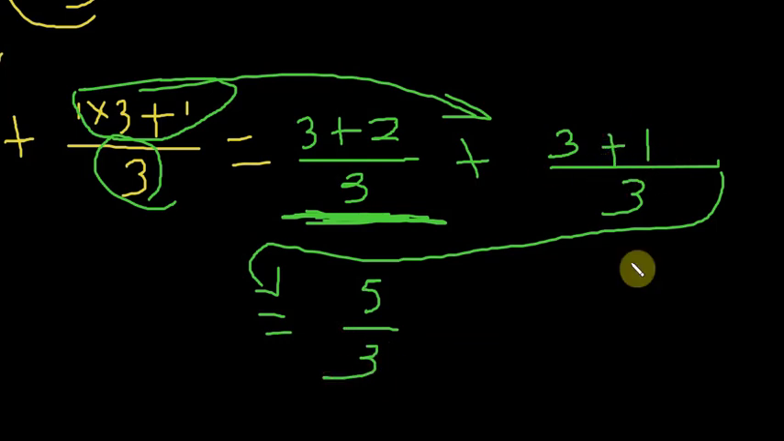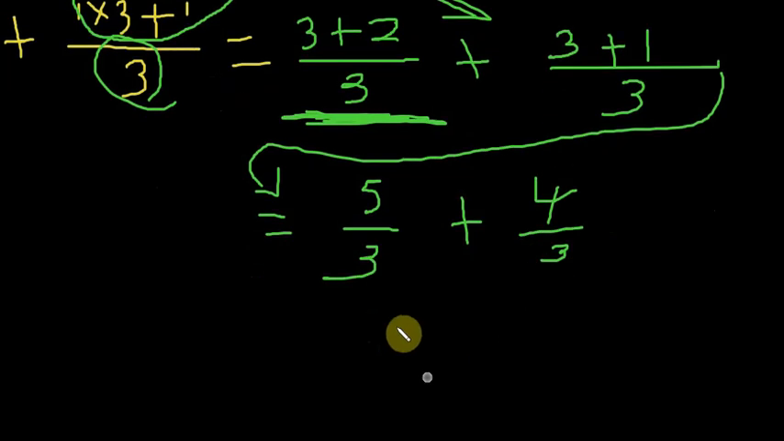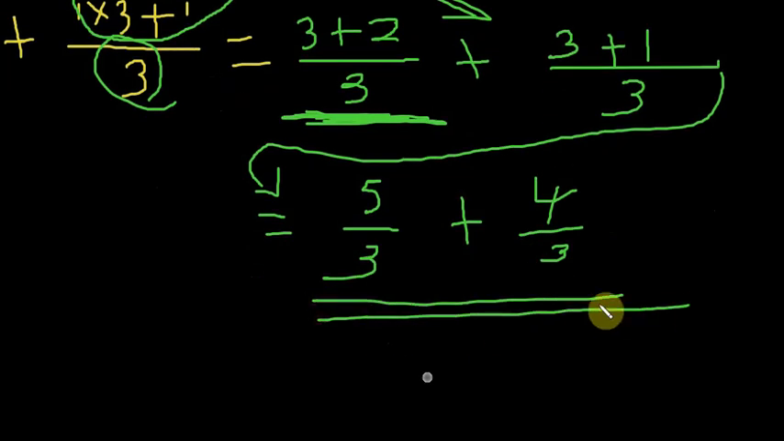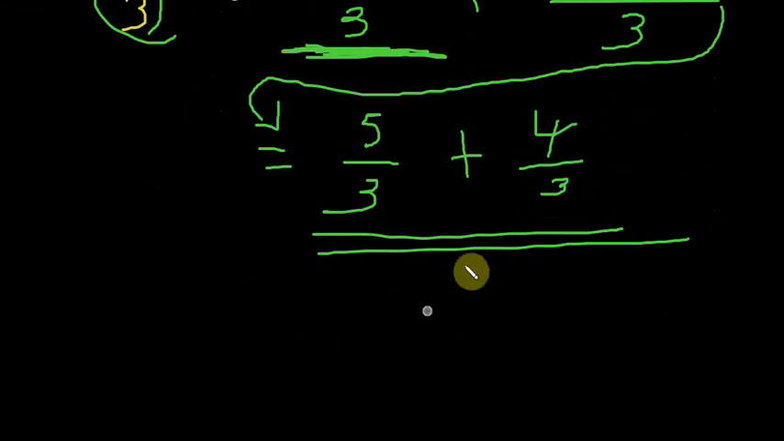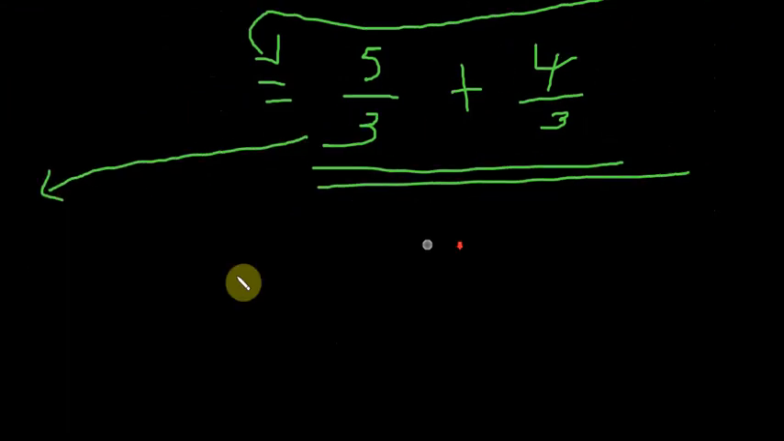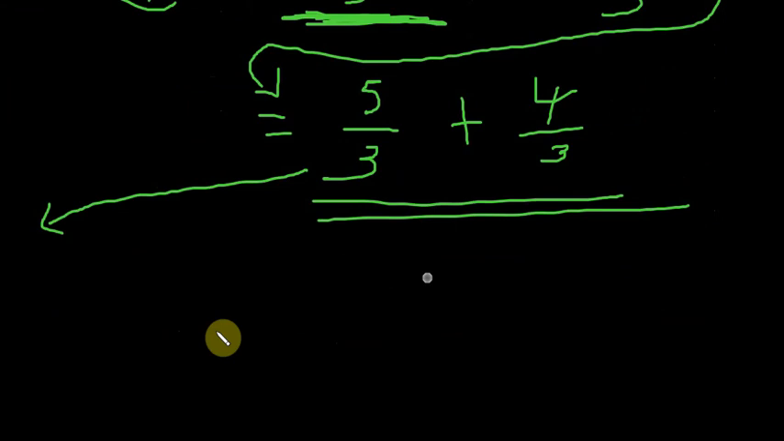3 plus 1. Okay, 3 plus 1, that is 4 over 3. Okay, so that is the simplified form. So we have simplified it. Once we have simplified, so what we have here,